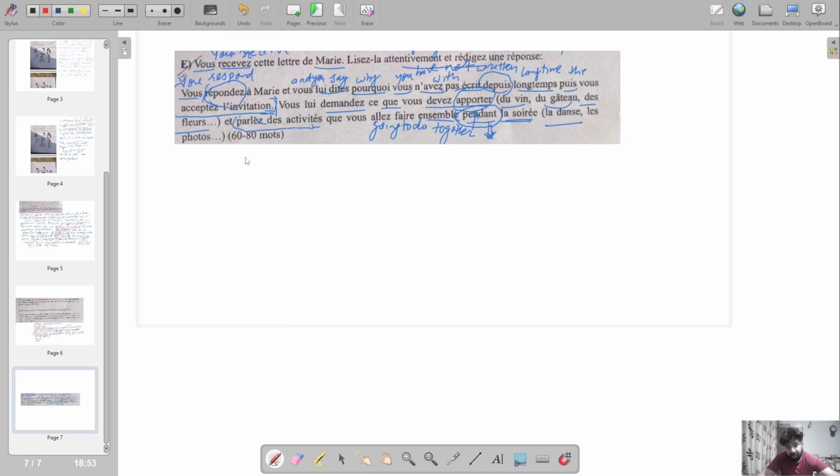So whenever we are writing here "Salut Mary," instead of that, a more interesting word which makes you get better marks is this. Okay, I have to use blue pen. Wait. Yeah, better word is this: chère. So darling, and then we have to write her name, which is given to us, Mary. Okay. Then it says that you have to first of all respond why you have not written to her. So we have to first of all say, I'm sorry for not writing to you for a long time. So we'll say this: j'suis désolé. Sorry we call désolé. So we write désolé